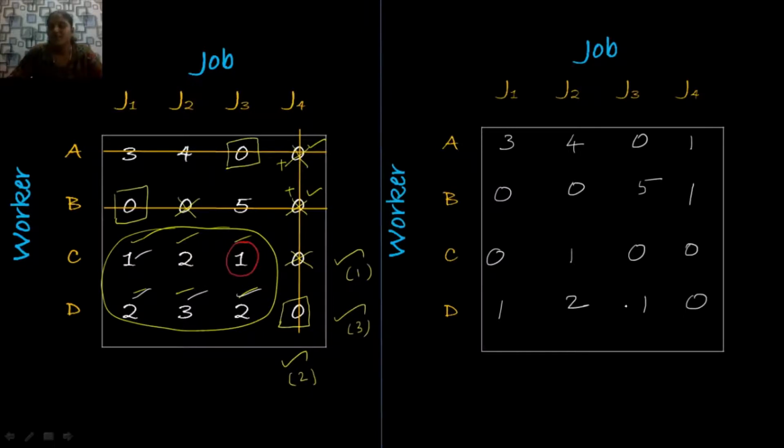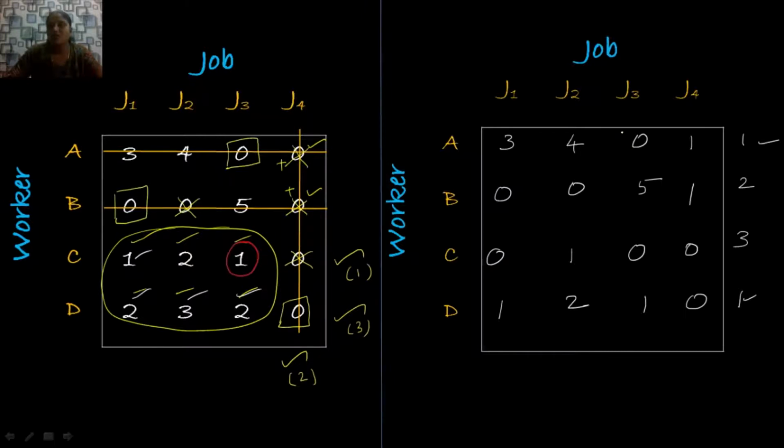After this, we are going to now make an assignment. For that, as usual, we are going to write down the number of zeros in each row, outside of the matrix. So first row has only 1 zero, second row has 2 zeros, third row has 3 zeros, and the last row has only 1 zero. Here, first and fourth row has only 1 zero, so either we have to give the first assignment for the first row or the last row.